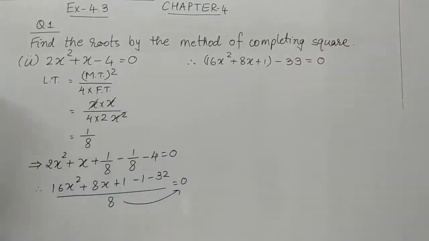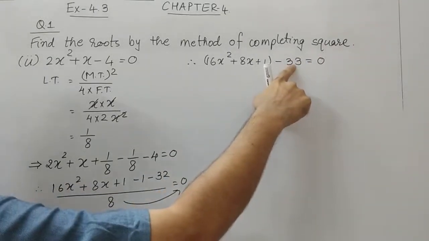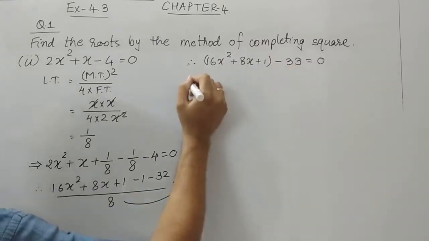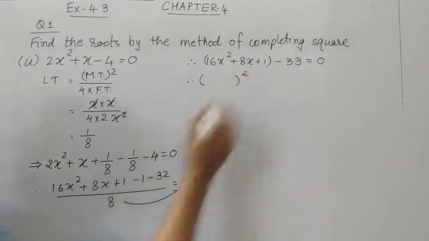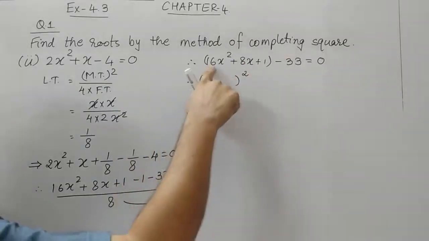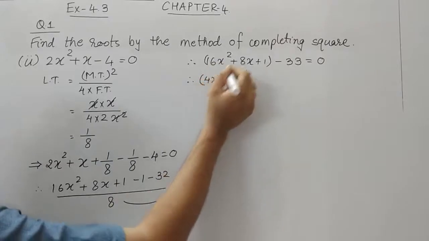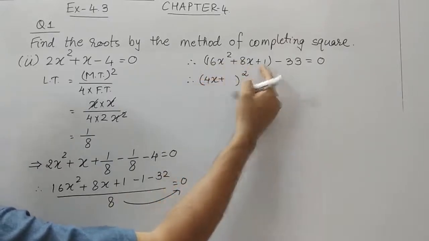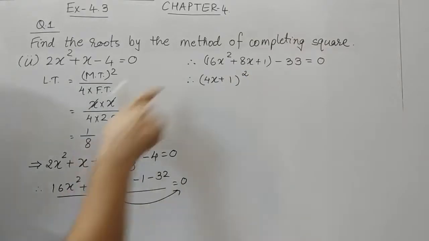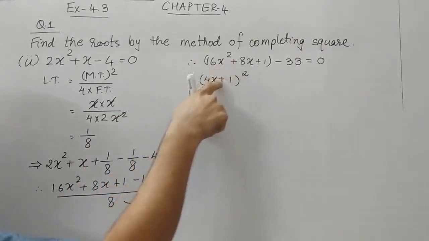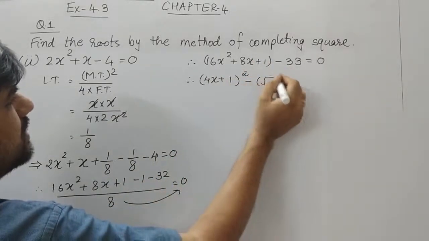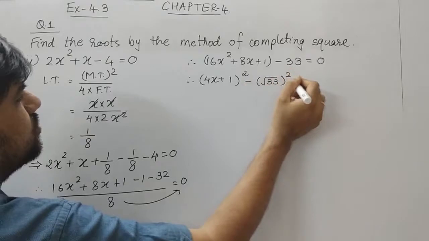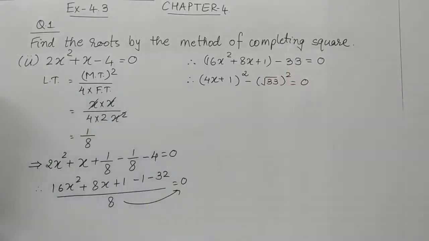So in the previous question we obtained 25 which was a perfect square, but here 33 is not a perfect square. So it doesn't matter with that. Now this could be the perfect square of which number? As we discussed, 16x square is a square of 4x, then sign of the middle term and the square root of the last term. As it is not a perfect square of any number, it should be written as root 33 the whole square. Because we know that square of any square root is the number itself.